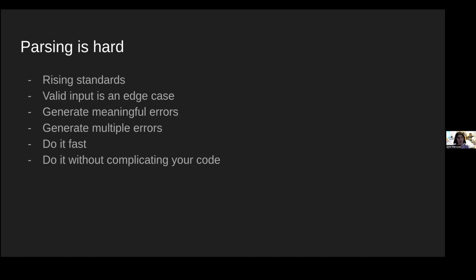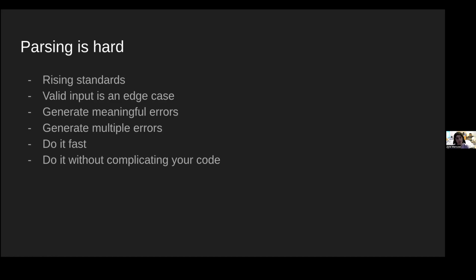We don't have the same kinds of expectations and requirements from our parsers that we once did. We no longer just want our parsers to be able to handle valid input. That's more of an edge case, to be honest, especially when we're talking about parsing a programming language syntax. We want meaningful errors that will point out and visually show you what went wrong and how to correct it. Not only that, we want a parser that can take in an input that has multiple errors in it and can show you all of the errors at once.